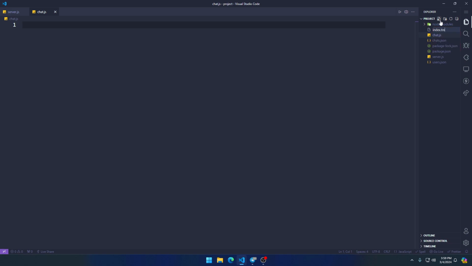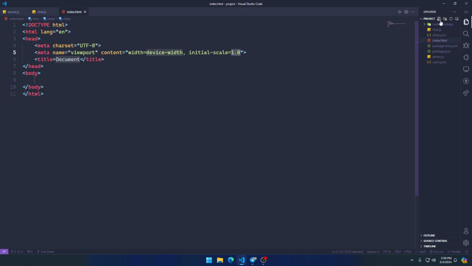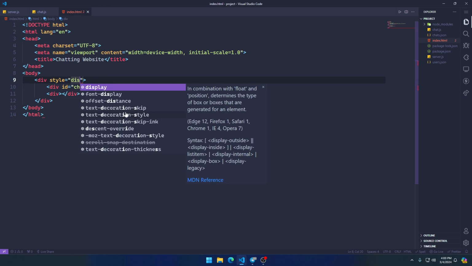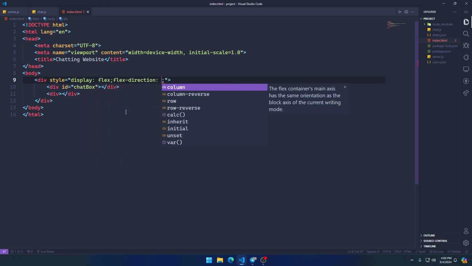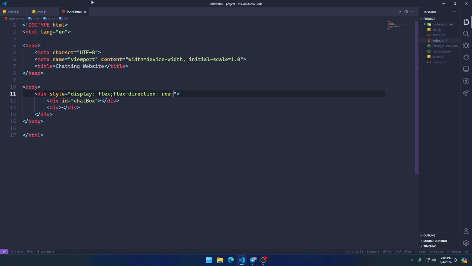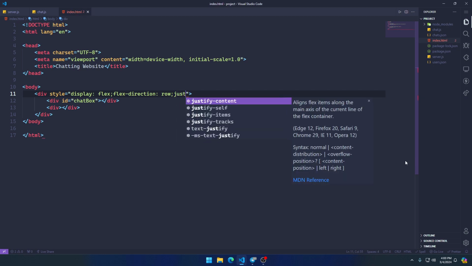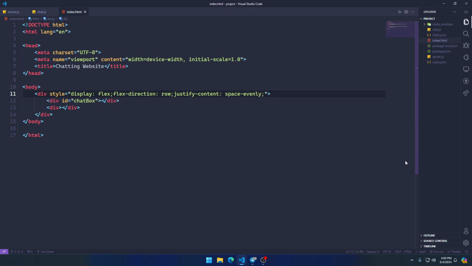I'm going to have an index.html, chatting website, and here we will initially have two divs, now one div, and the div into two, then two divs in here. So this is going to be our chat box, and this one is going to be our form where we're going to have adding the username and stuff like that. So the ID is going to be chat box. This main one is going to have display flex, and the flex direction is going to be row. I want to keep both of them aside, on the left hand side and on the right hand side. Justify content space evenly,